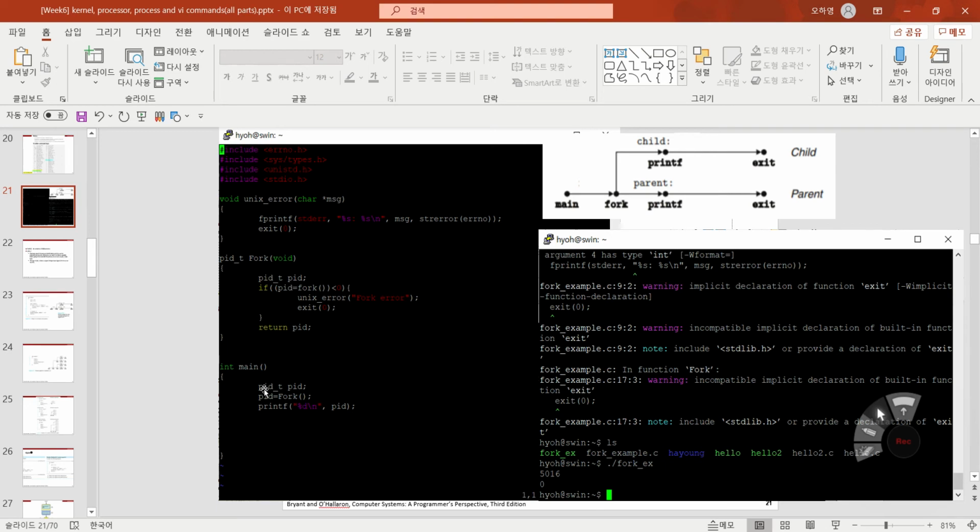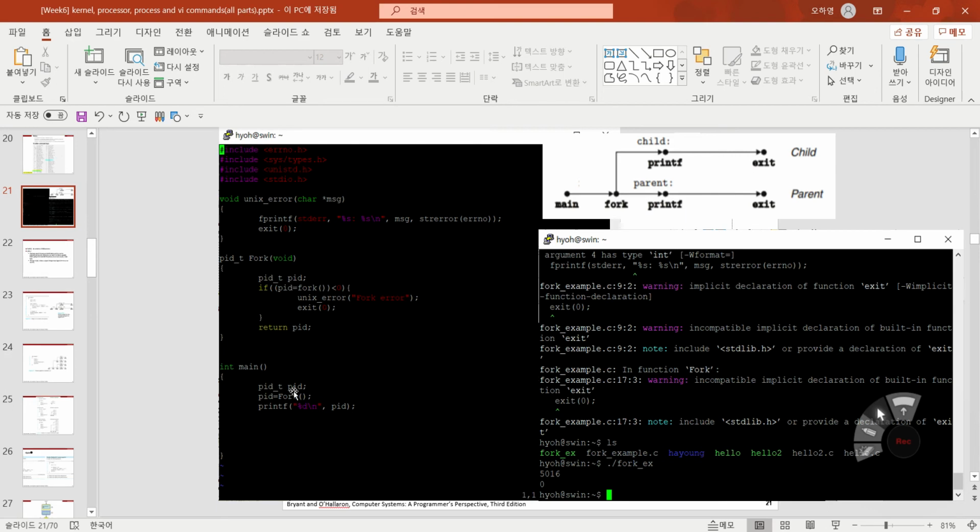When the computer meets the first line of main, it finds the pid_t data type with the pid variable, right? So the computer allocates a specific memory with the name pid, and tries to